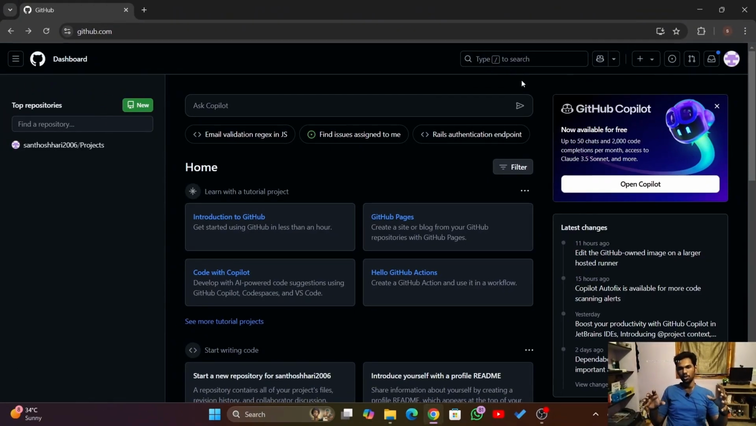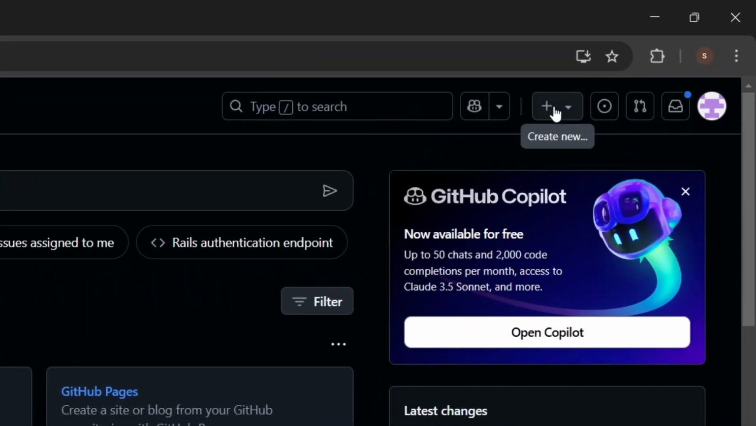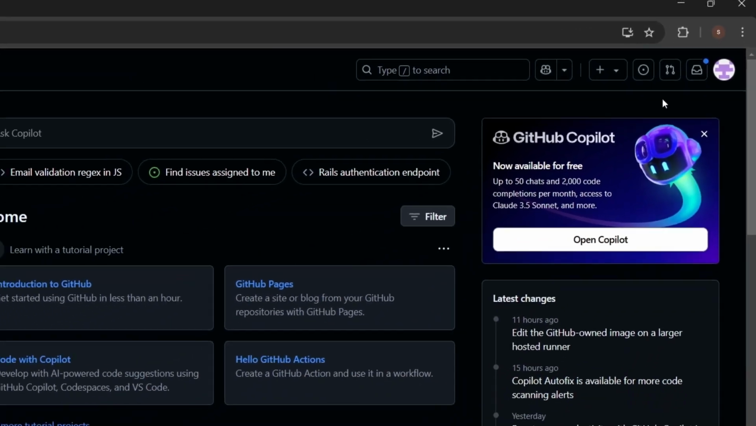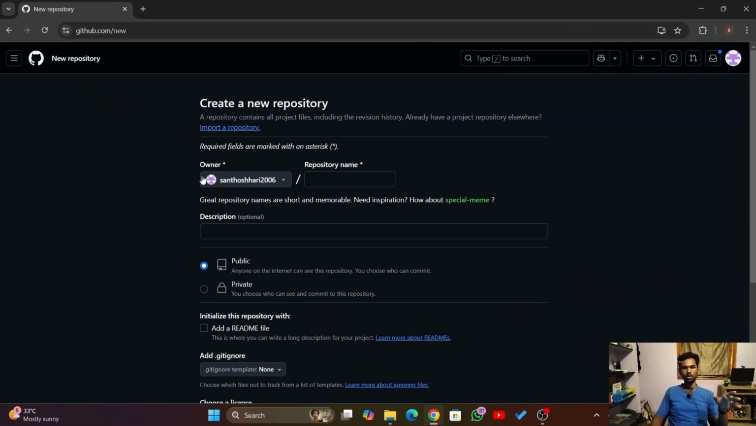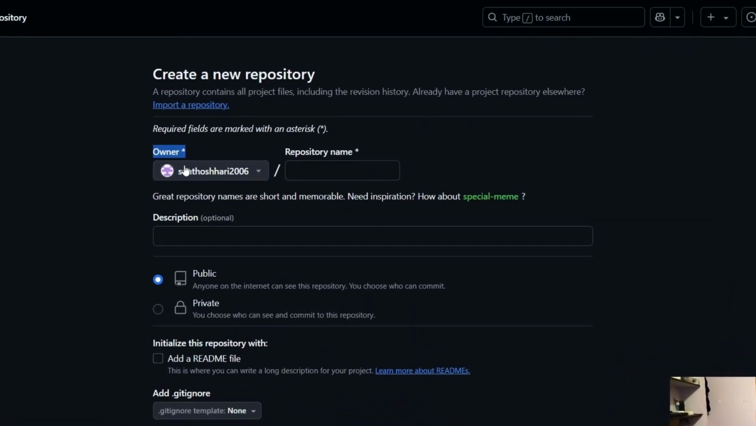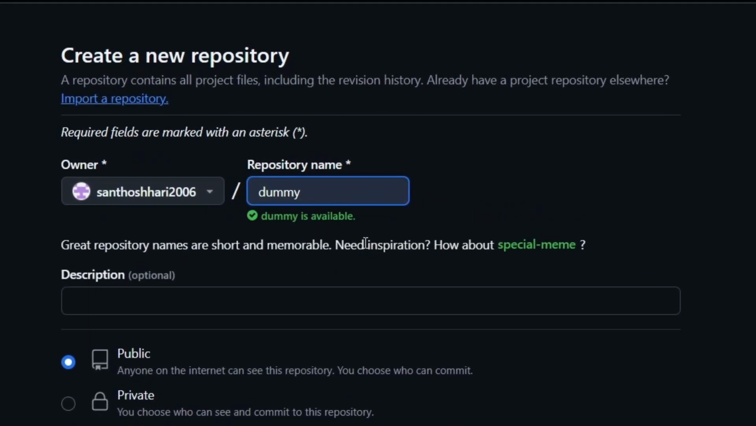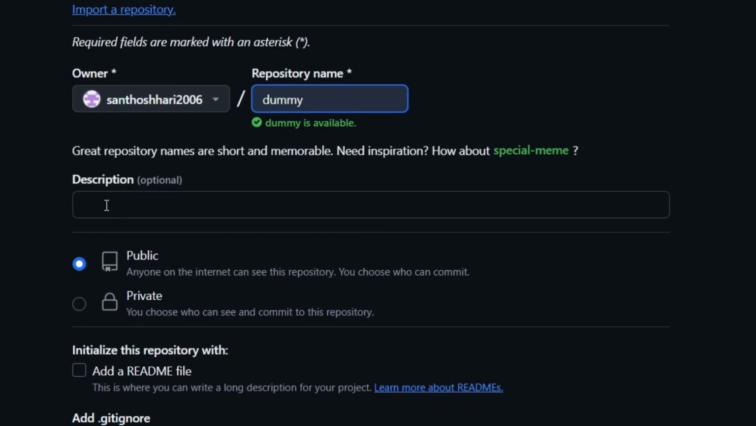Now I'm gonna show you how you can create your first Git repository here. Press this plus icon and inside this one we are seeing that new repository. Click the new repository and you will be seeing the owner name of this repository, which is your username, and the repository's name. I'm gonna create a dummy repository here with the name dummy, and this is a description section